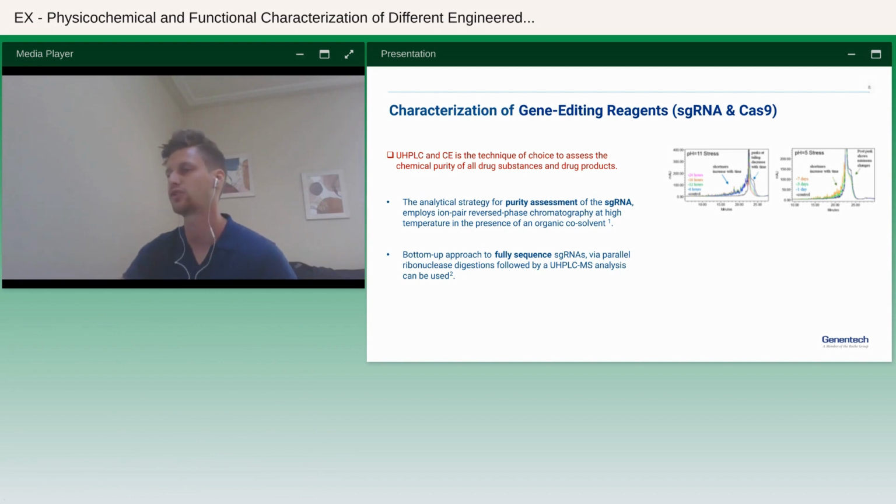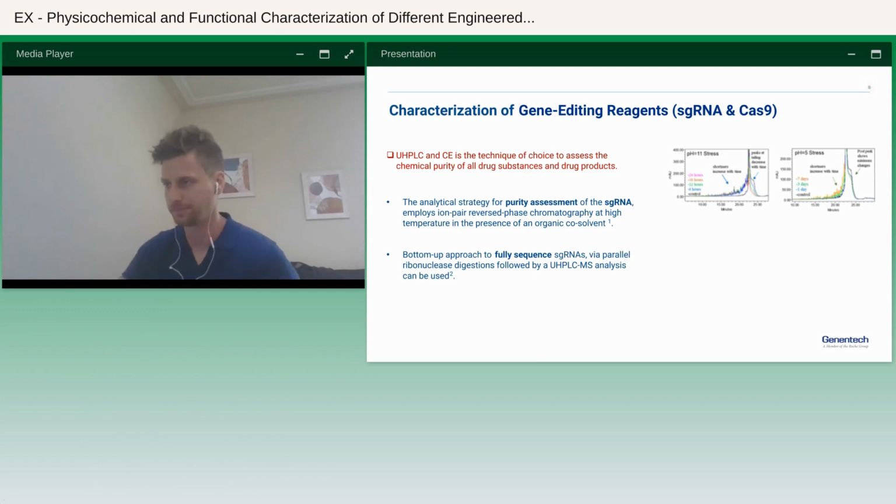The first analytical strategy is for purity assessment of the single guide RNA. In order to do that, we employ ion pair reverse phase chromatography at high temperature in the presence of organic co-solvent. And you can see here on this figure that if we apply stress conditions, control versus over time, we can generate some impurities. So basically with this method, we can conclude that it is also stability indicating because you can see the presence of shortmers, meaning impurities, over time. And the same thing with